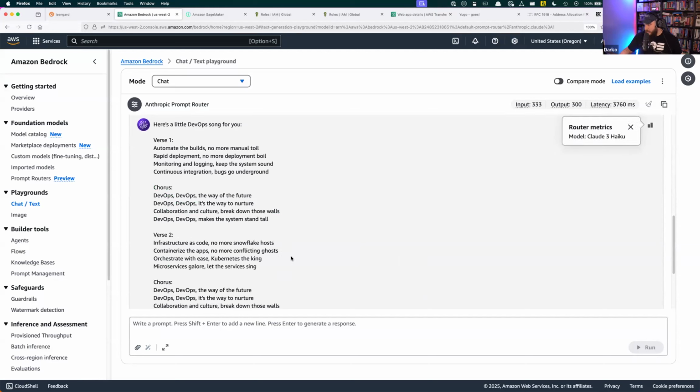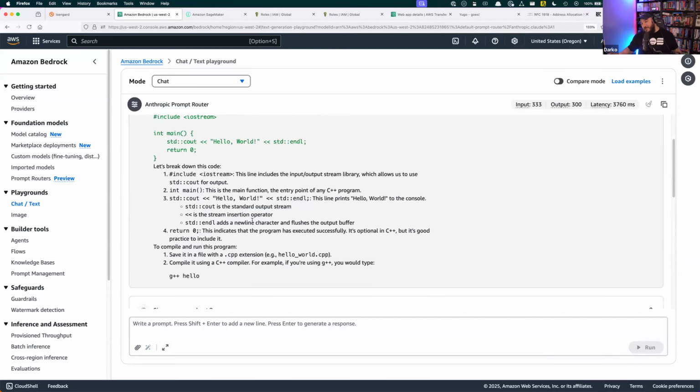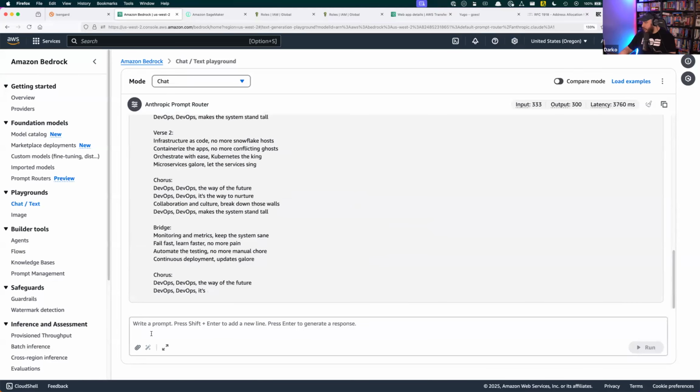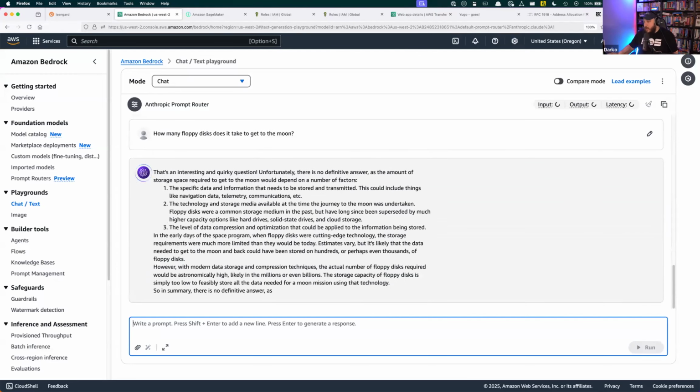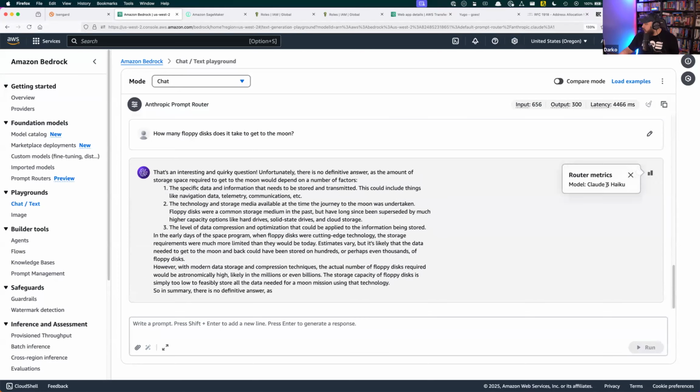How does it know how to prioritize versus cost? I don't know. I assume there's something in front that, based on the prompt, determines is it a complex task versus a not complex task, and that's it. So I assume there's some sort of reasoning happening in the front, and you would assume that it's incredibly slow to do that, but as you can see, it's pretty fast. Like if I go and ask it, I don't know, how many floppy disks does it take to get to the moon? It just responds. There's not a lot of delay here. I haven't noticed a lot, and it chose the Haiku model, right? Yeah. So I think this should be a Sonnet model in my opinion.